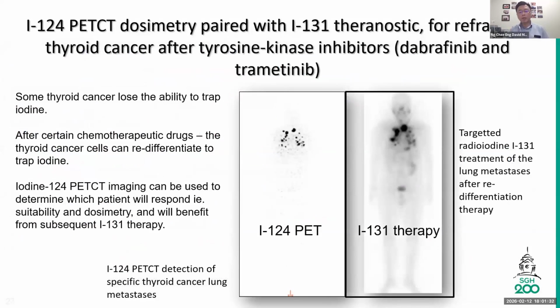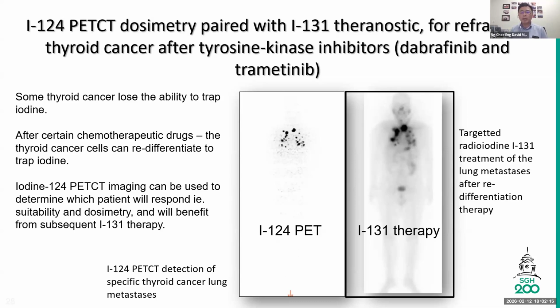I'd just like to end off with two slides. This is a slide to show a very pure theranostic pair, which is iodine-124 and iodine-131. Iodine-124 is a positron emitter, and iodine-131 is a beta and gamma emitter. In some thyroid cancers, they lose the ability to trap iodine, and therefore they do not respond to radioiodine treatment. But after certain drugs, some of these thyroid cells can redifferentiate to trap iodine,